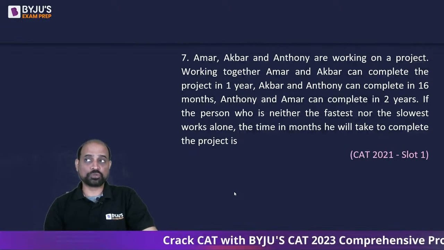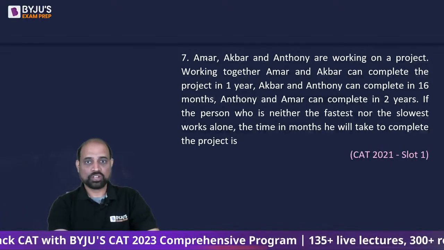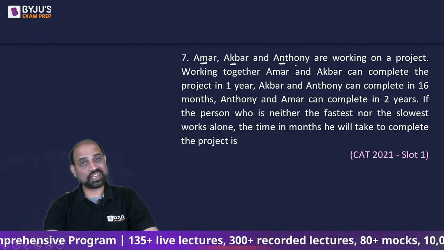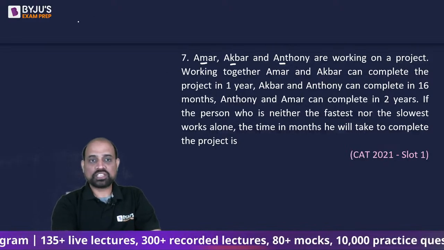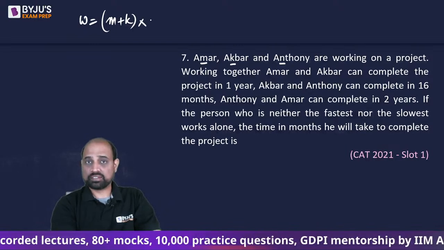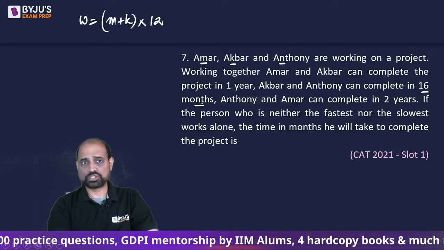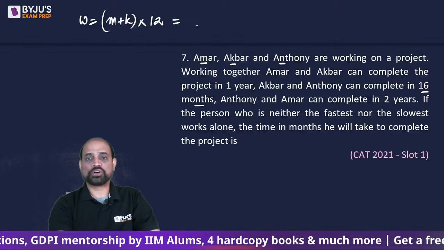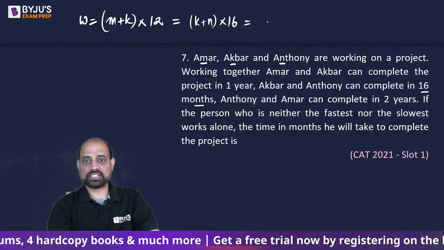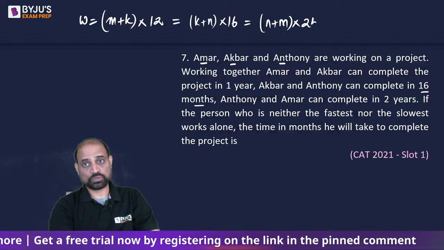So we have to take unique letters for each of the 3 names because their initials are same. So for Amar I will take M, for Akbar I will take K, and for Anthony I will take N. So M, K, and N. So whatever is the amount of work, Amar and Akbar can complete the project in, let's convert this into months because one of the durations is months. So 1 year is 12 months. The same amount of work Akbar and Anthony were able to complete in 16 months, and the same amount of work Anthony and Amar were able to complete in 2 years, which is 24 months,